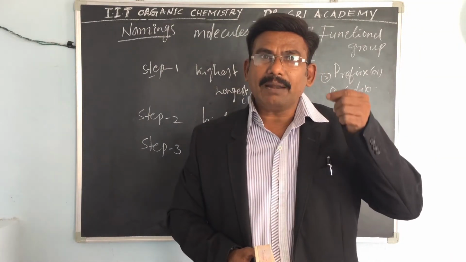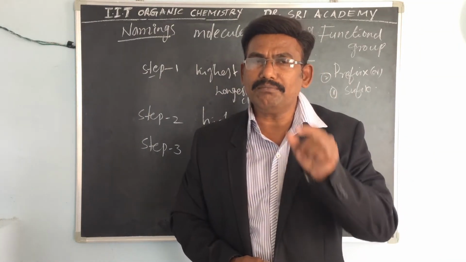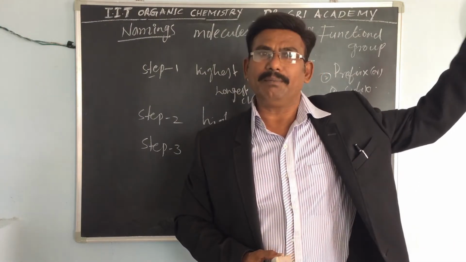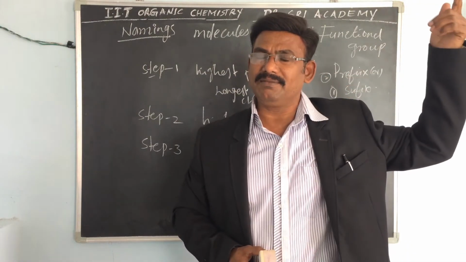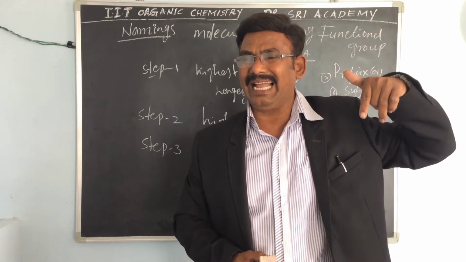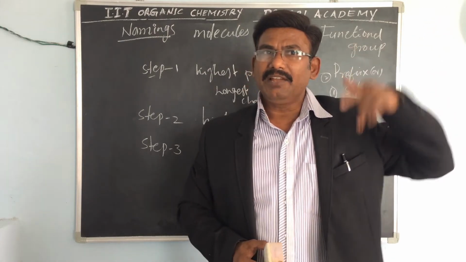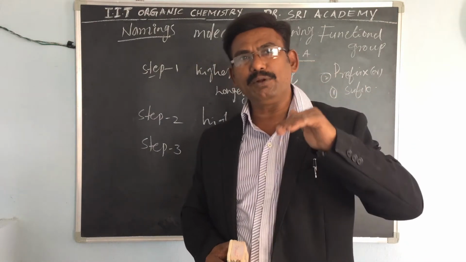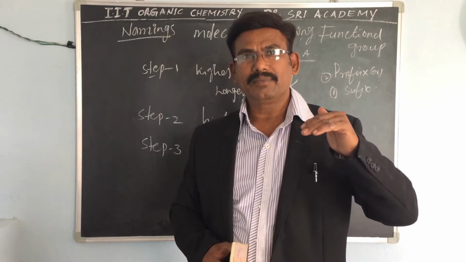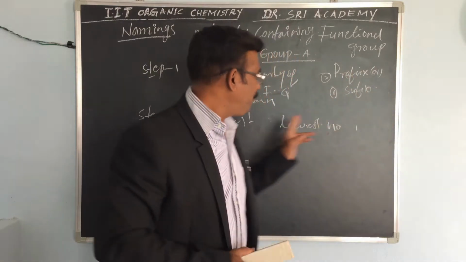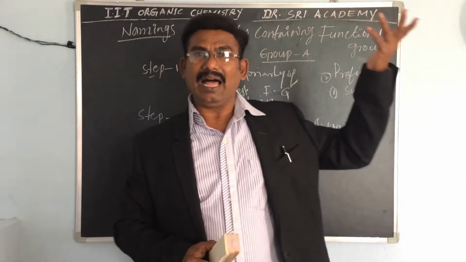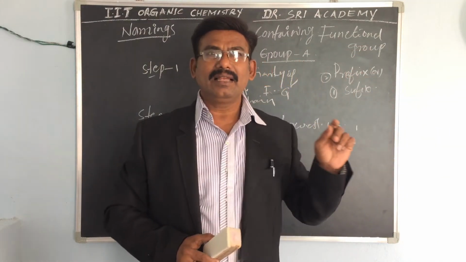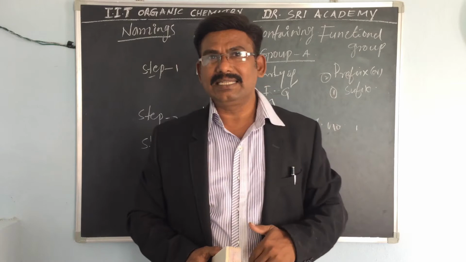If the carbon chain includes multiple bonds, that comes under group B. You know group B: multiple bonds. What are those? Alkenes, alkynes, the multiple bonds. If the longer chain contains the multiple bonds, group B, we have to replace the "-ane" ending. That means alkanes are there, with "-ene" for alkenes, "-yne" for alkynes.